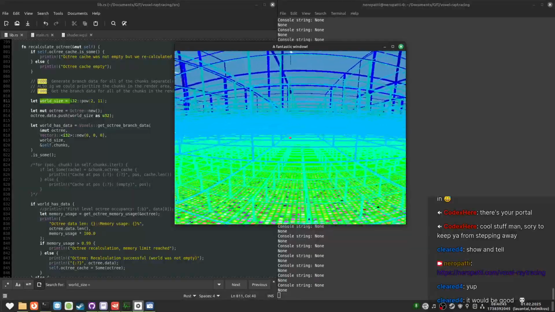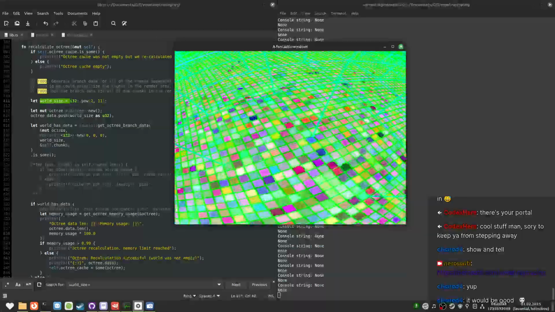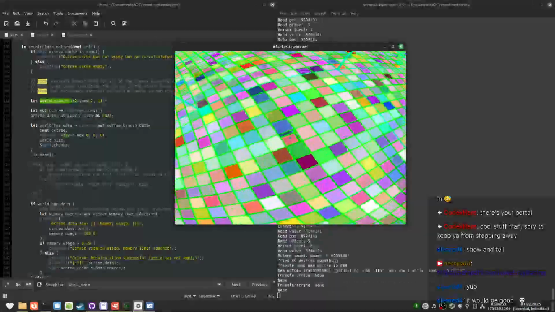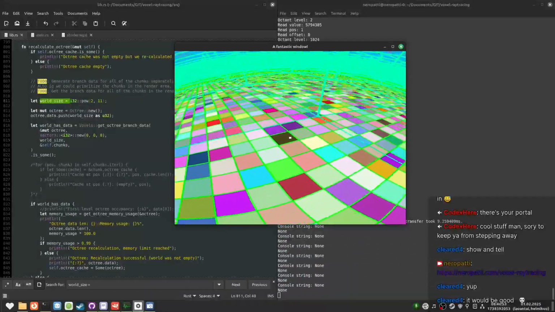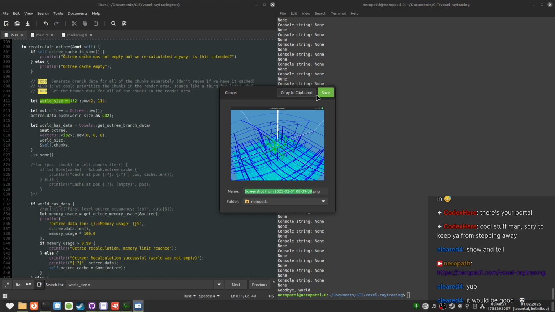Maybe, I don't know what the range actually is. Everything seems to be intact here. Well, anyway, that was a fun side quest.